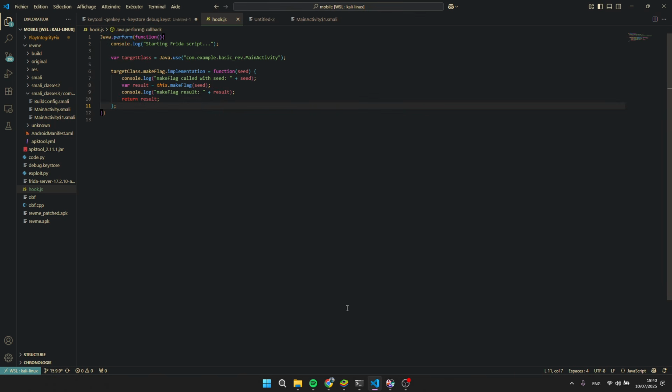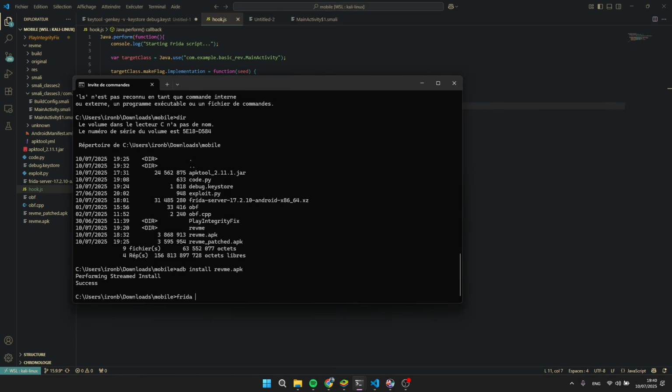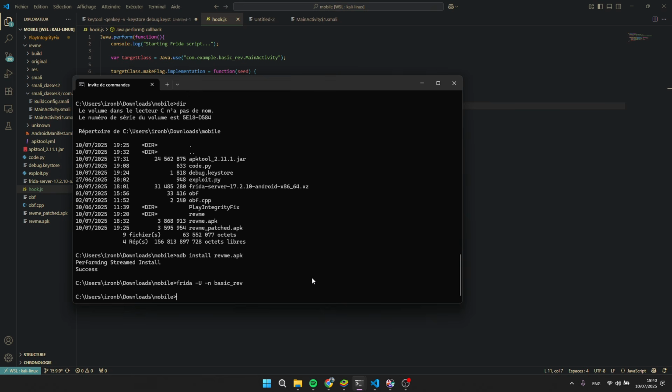Anyway, how can we now try to run this little JavaScript or hook script that we have created? We just have to go into Frida. So I'm gonna be saying frida dash U dash N and then give it the name of the package that is running on the phone. To be able to know the name of the package, you just have to write frida-ps dash U and then find the string